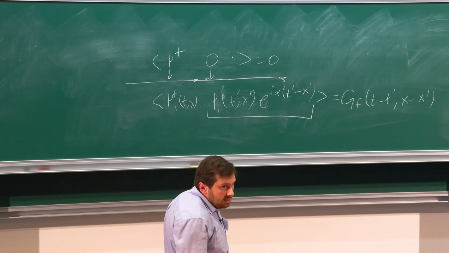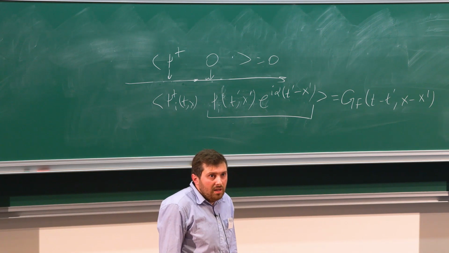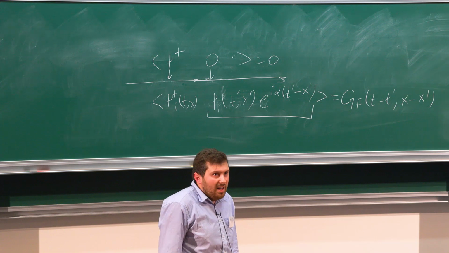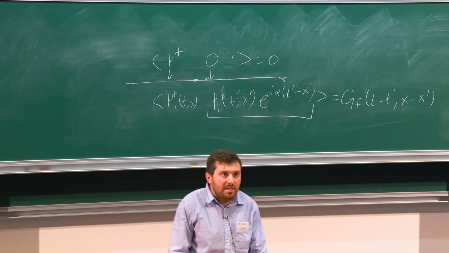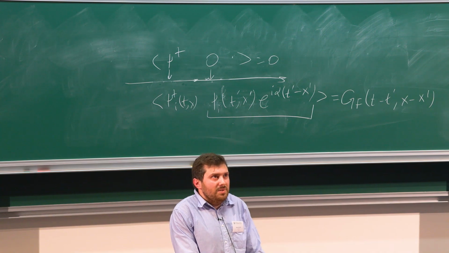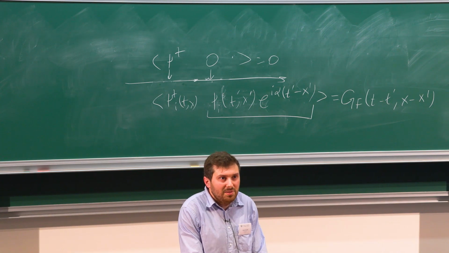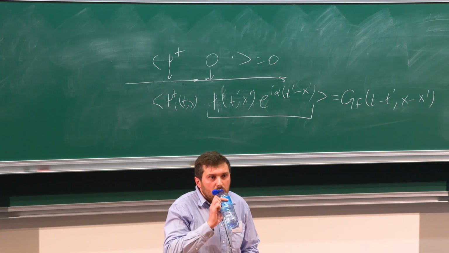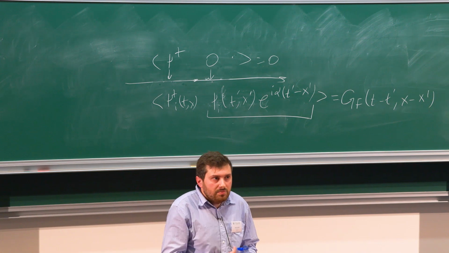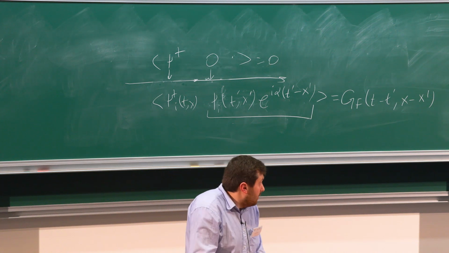Now, what is this? Sorry, does alpha live only at x equals 0? Alpha is just a quantum mechanical variable. Yes, it lives everywhere. I mean, it's a quantum mechanical variable. So t prime minus x prime is an argument, or you're multiplying that to the alpha? Argument. Argument, right? Okay.